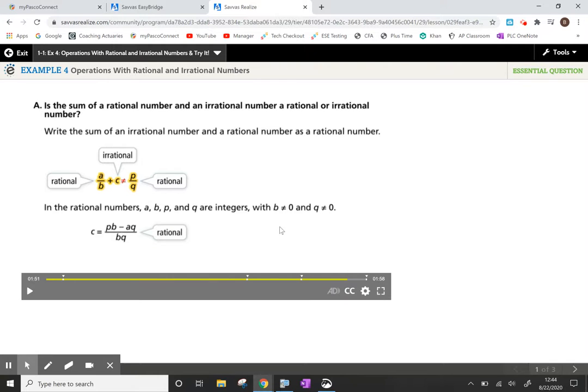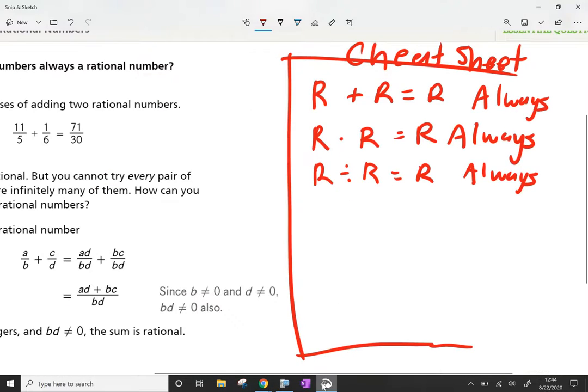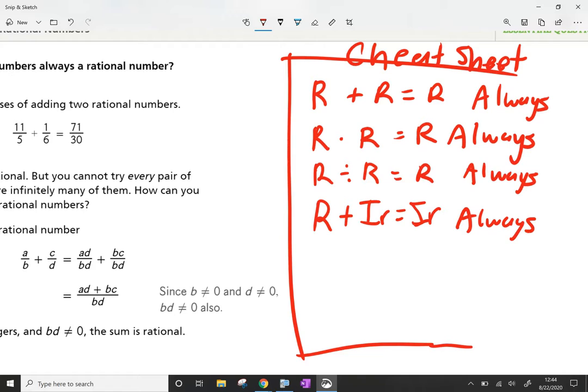So what this ultimately means is that, let's add to our cheat sheet, a rational number plus an irrational number equals an irrational number, and this is always true. So a rational plus an irrational is equal to an irrational number. And you want to think about it in,